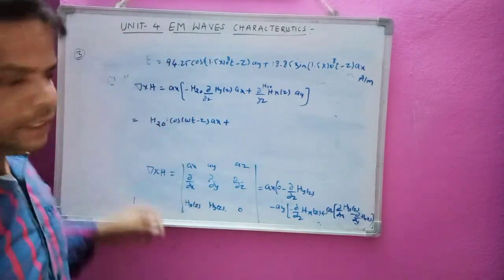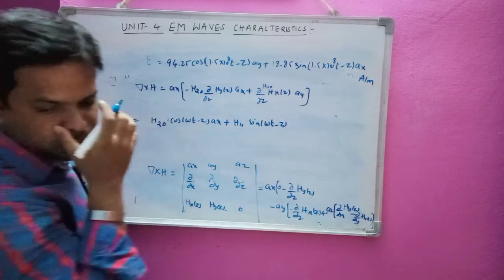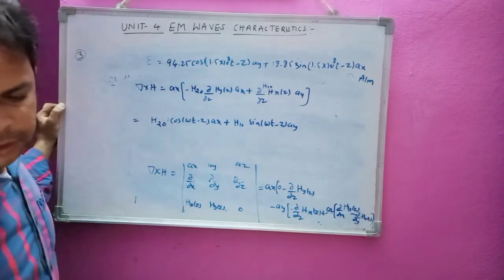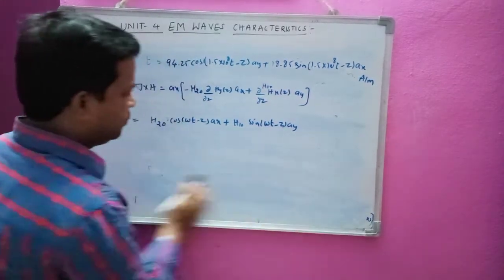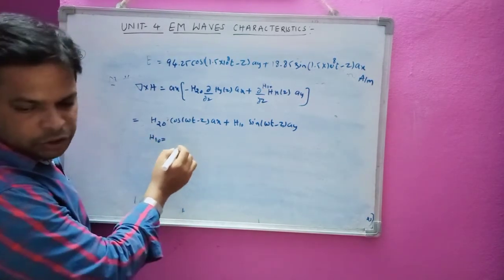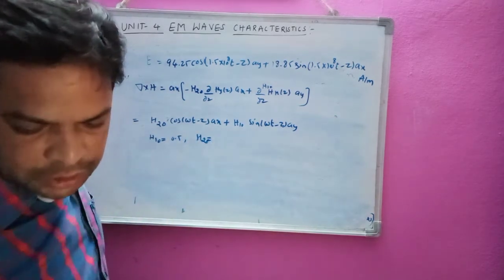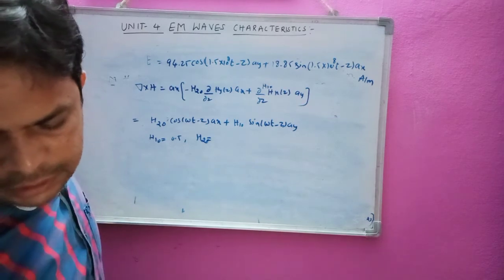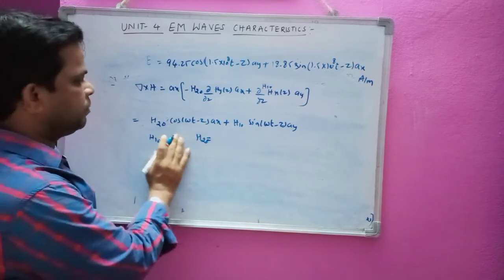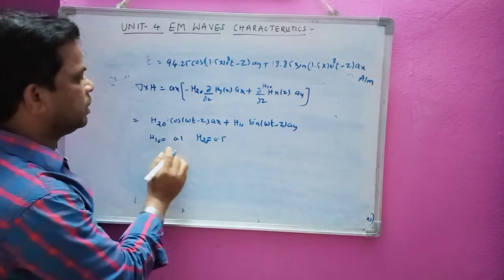So cos means we will get sine here, H1(0) sin(ωt − z) ay. Now we need to calculate the values, where H1(0) is given as 0.5 and H2(0) is given in the question. See the question, H2(0) he has given as 0.5, H1(0) is minus 0.1, sorry, 0.1 he has given, and H2(0) is 0.5, that is 0.1 only, not minus 1.